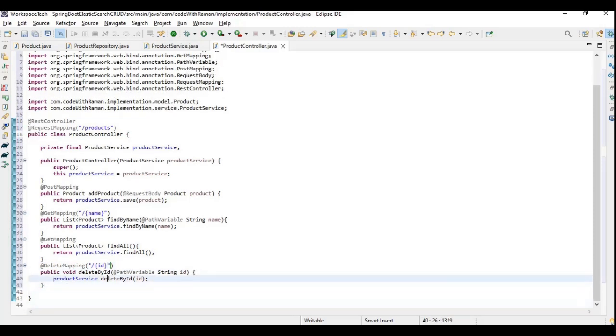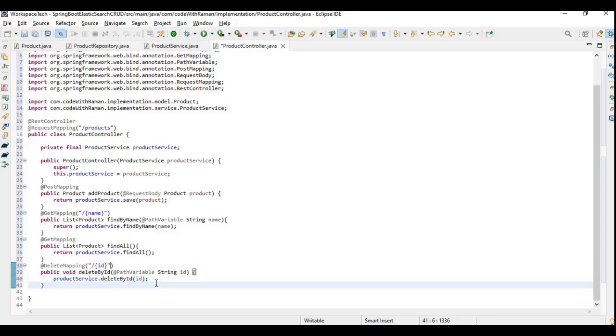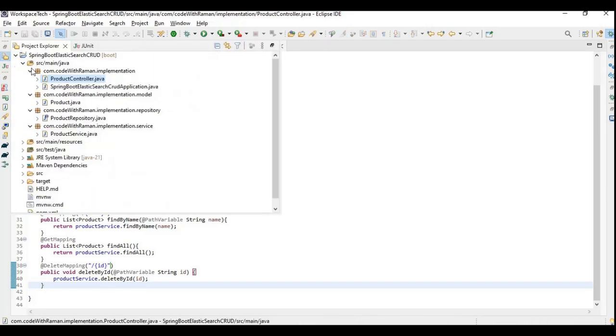So my controller is also ready, right? I have done the CRUD operations for adding, getting the data by name, getting all the data, and deleting the data by id, right? So I'm done with my controller part as well. So my application code part is done. Now let's go to